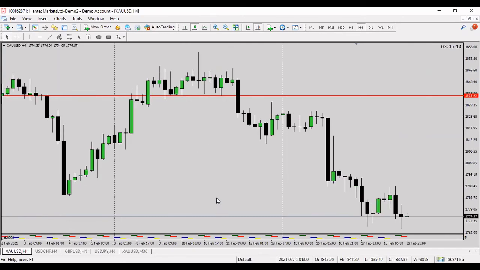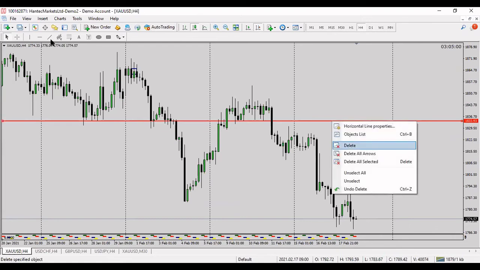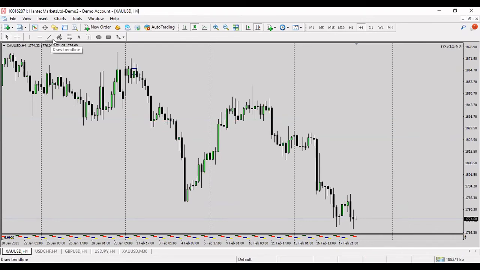Okay, so let's look at what gold has done so far this week. Now I'm currently on the 4-hour time frame. On the 4-hour time frame, from one vertical line to the other represents 1 week's price action. So this was what happened last week. This is last week's price action. So once you know the period, which was last week,